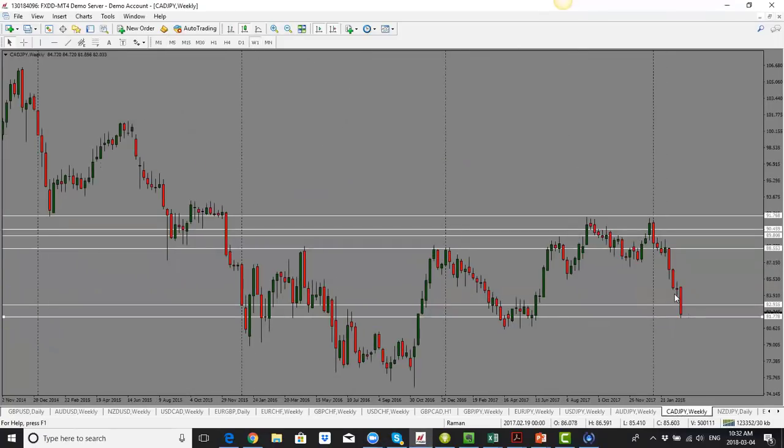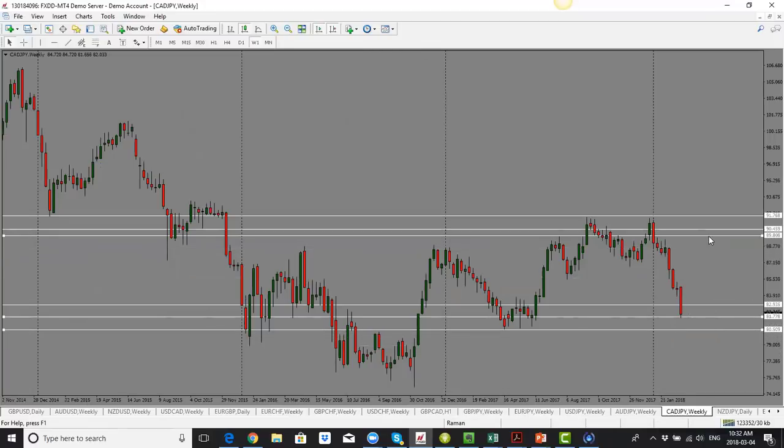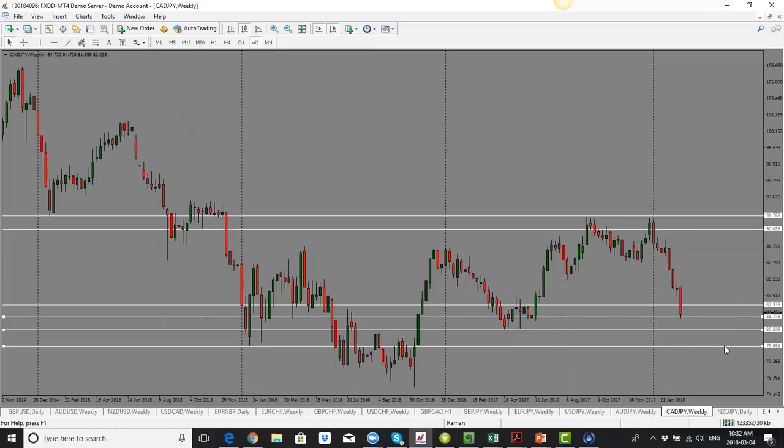CAD yen is very bearish. We are down into a very, very strong weekly candle close here. Looking for further drop. First target would be the 80.50 level, and then we could go even lower into the 78.80 level. Again, with this one as well, we could see some pullbacks, 83.00 level or 82.60 level. Those could be some good pullback levels.